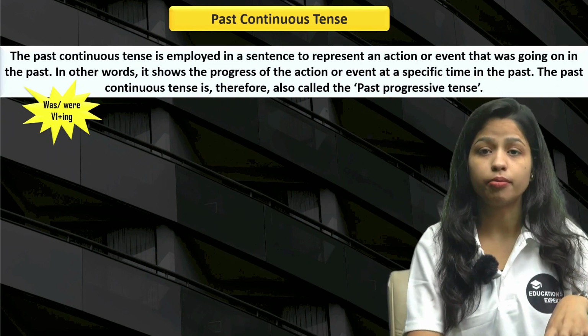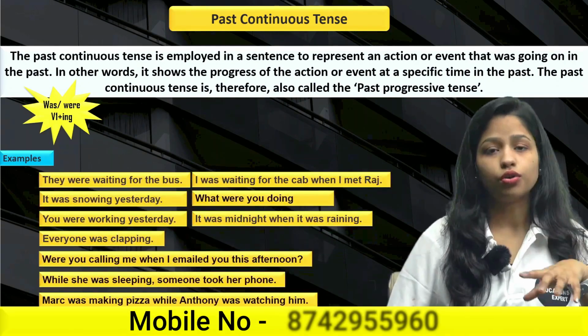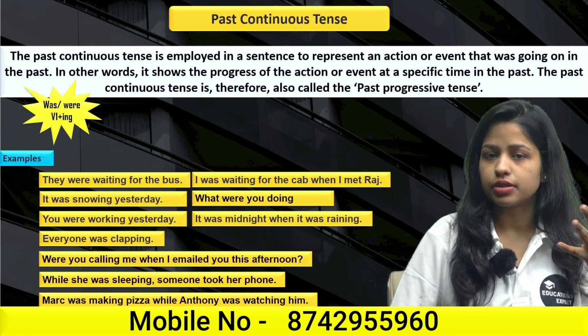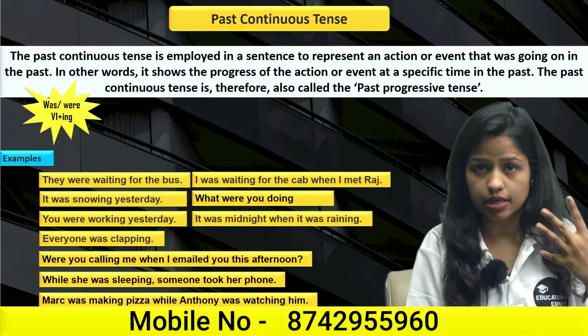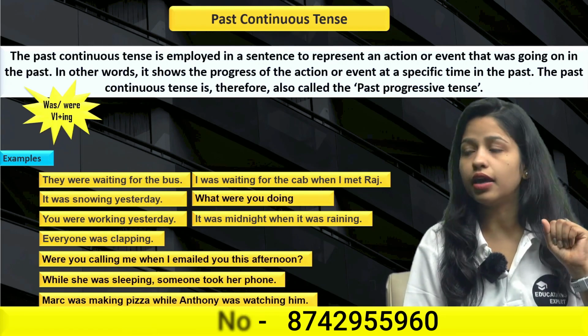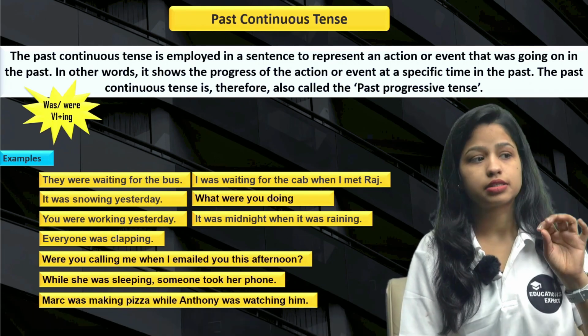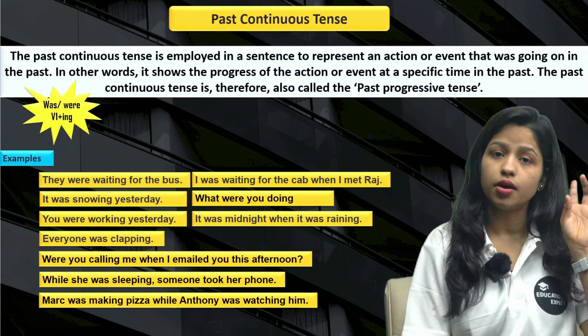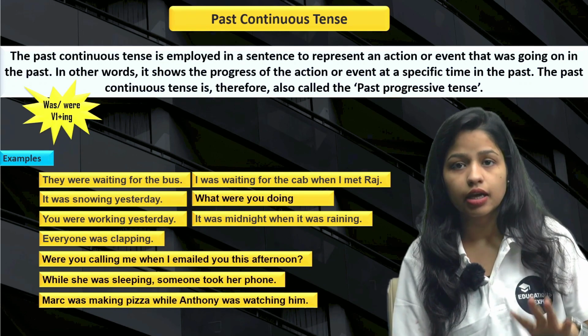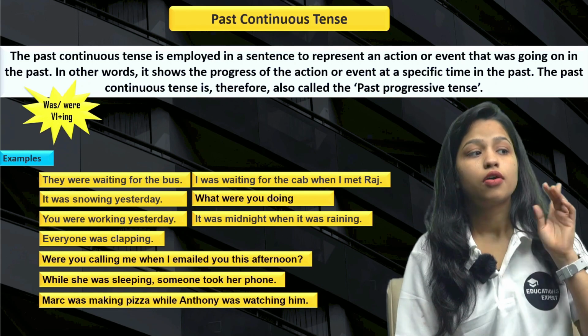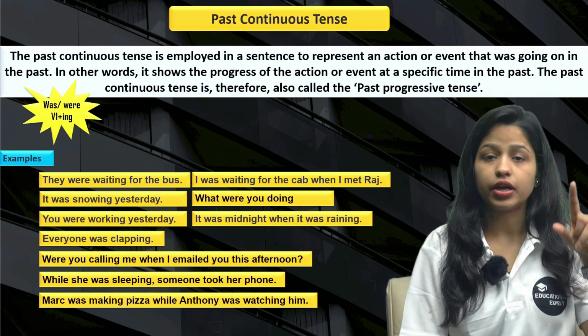Now let's jump into a lot of examples. So these are the examples that show what past continuous tense is. They were waiting for the bus. They were waiting for the bus. If I say this sentence in Hindi, then you can say it as वो लोग बस का वेट कर रहे